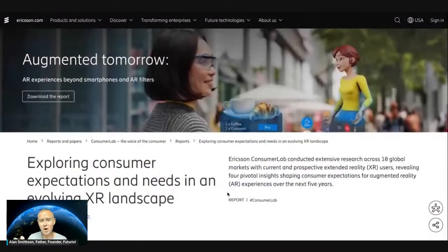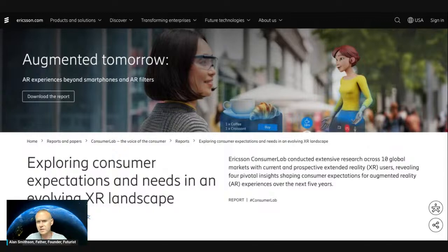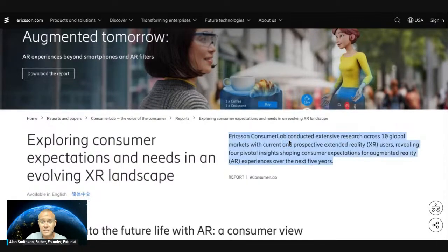Okay, speaking of augmented tomorrow, AR experiences beyond the smartphones and AR filters. So when we're going to wear glasses, which probably by 2027, it's looking maybe a little earlier now. The technology is really advancing quickly. But the company Ericsson, which makes 5G nodes and these types of things, conducted extensive research across 10 global markets with current and prospective XR users, revealing 4 pivotal insights shaping consumer expectations for augmented reality experiences over